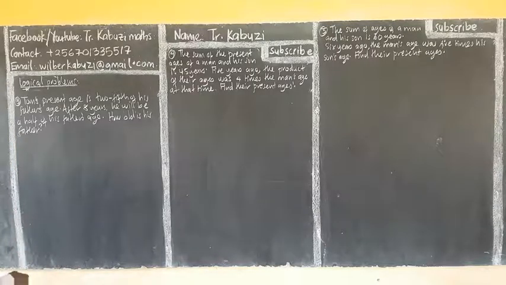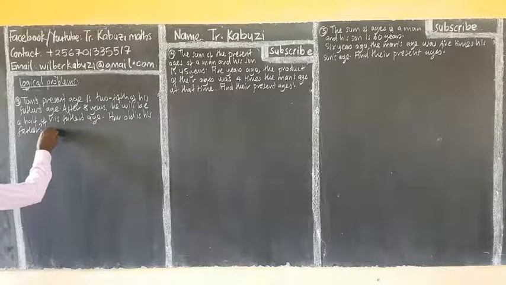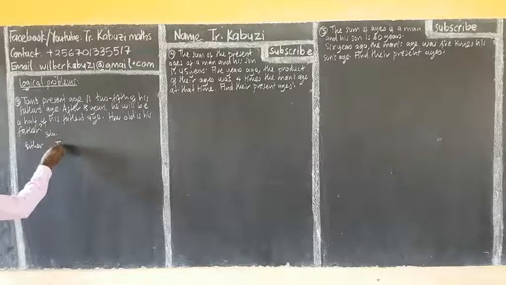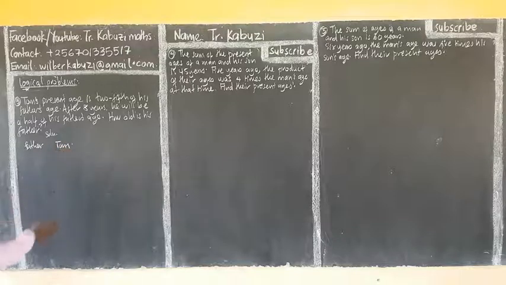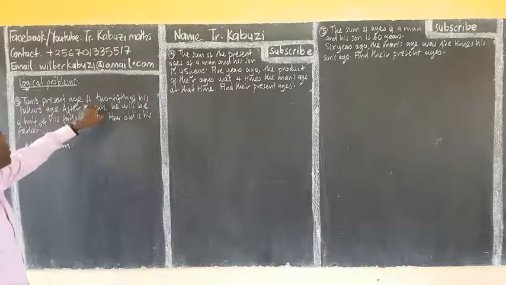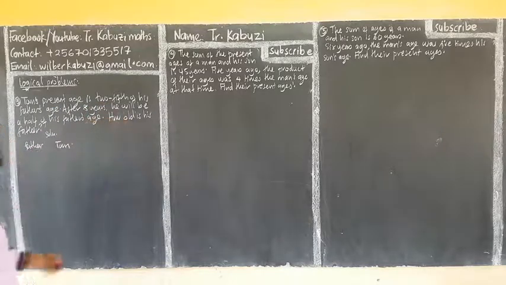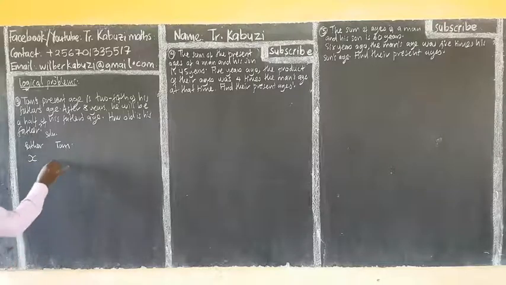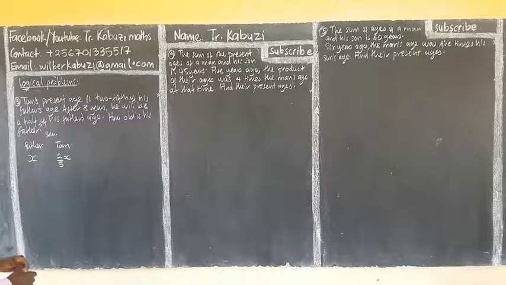So we just draw our small table here. We have our father here, then we have Tom. So it's telling us that Tom's present age is 2/5 of his father. So if his father is x years, this one is going to be 2/5 of his father, which is 2x over 5. As simple as that. Then in 8 years,